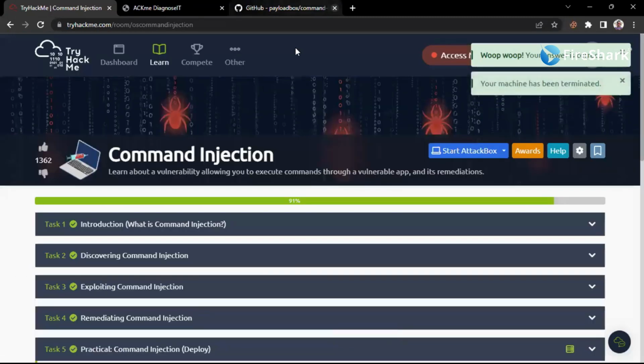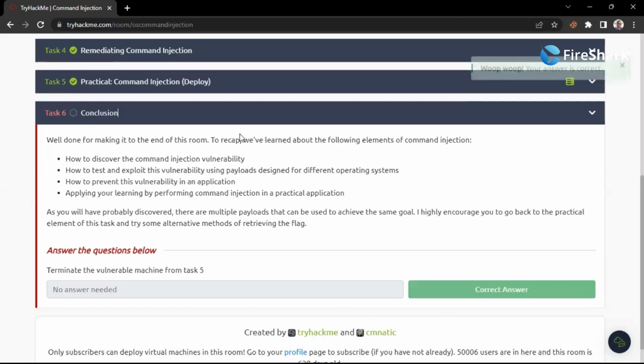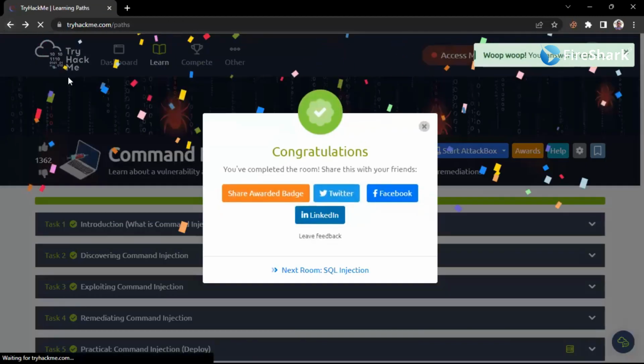Okay, great. And now in the conclusion part, well done for making it to the end of this room. To recap, we have learned about the following elements of command injection: how to discover the command injection vulnerability, how to test and exploit this vulnerability using payloads designed for different operating systems, how to prevent this vulnerability in an application, and then how to apply your learning by performing the challenge. Okay, we just go through that and we just move forward into our next